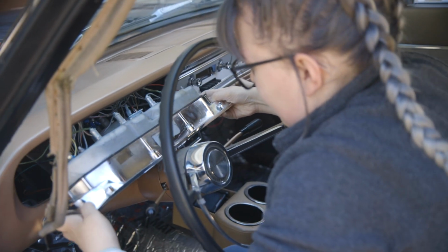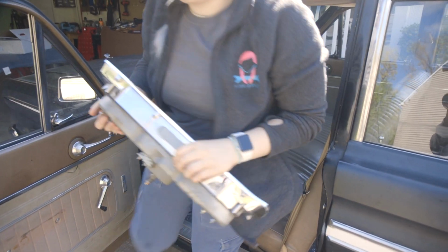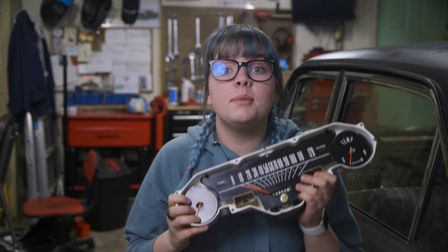We removed Carl's original instrument panel, which I love, but we're going to upgrade this guy to a completely digital